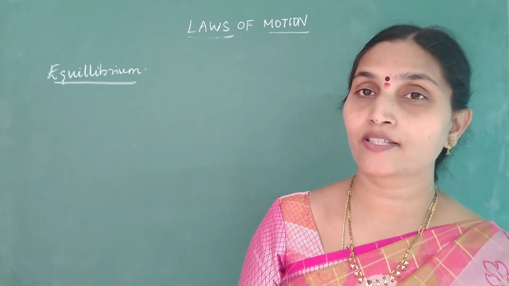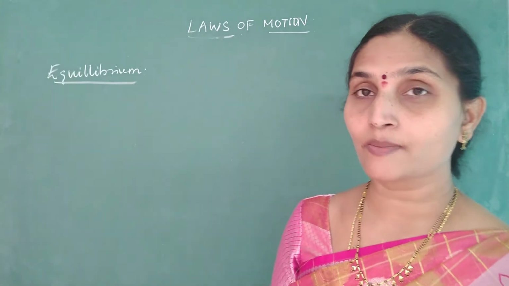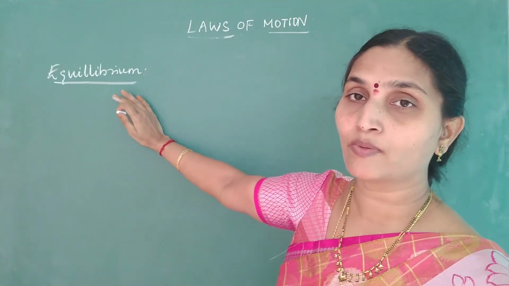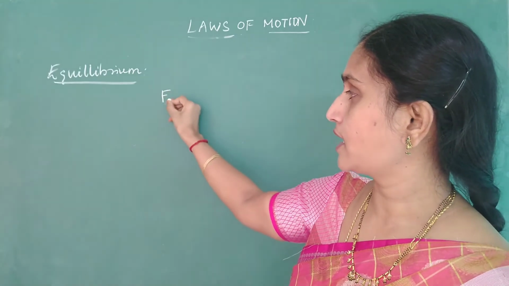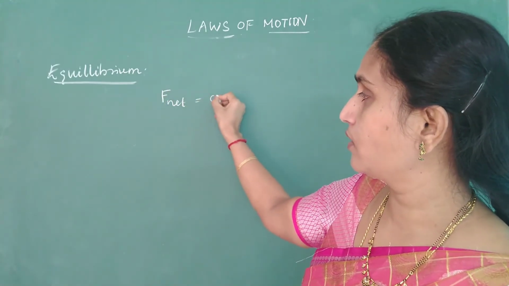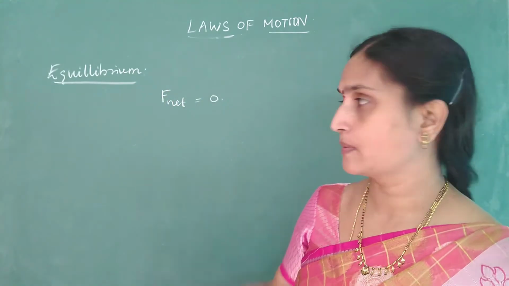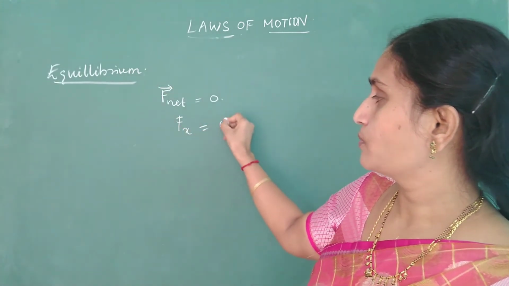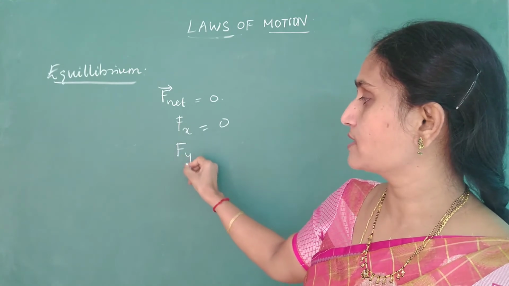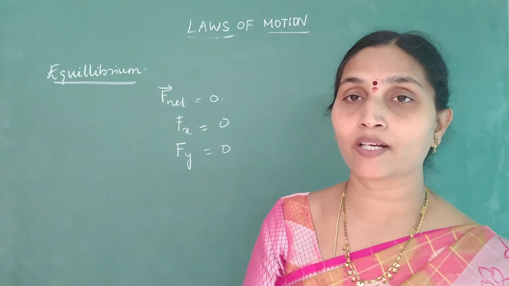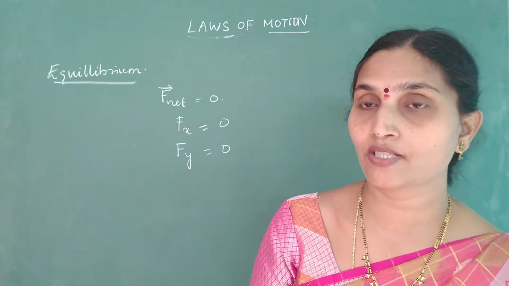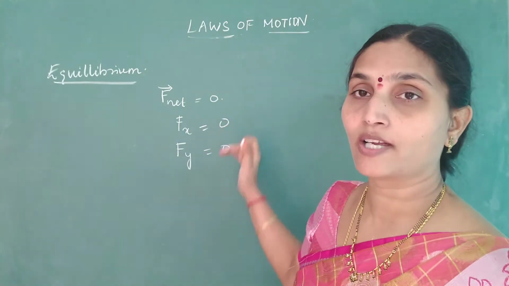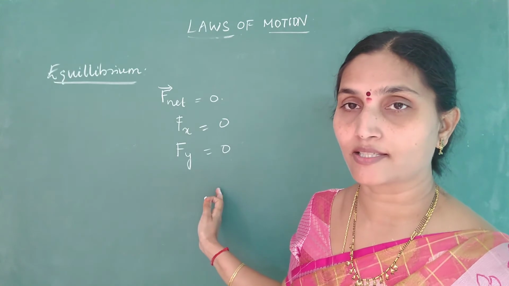Now coming to questions related to equilibrium of a body, we are talking about translational equilibrium here. When you say a body is in translational equilibrium, the net force acting on the particle or body becomes equal to 0. So all the forces along the x-axis should become 0. All the forces acting along the y direction also have to become 0, if it's a two-dimensional case. So when do you say a body is in equilibrium? The net force along x and y direction should get cancelled.